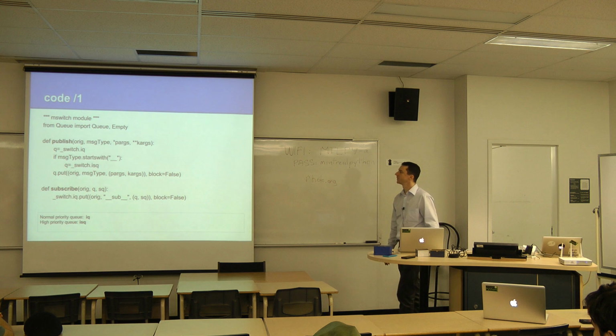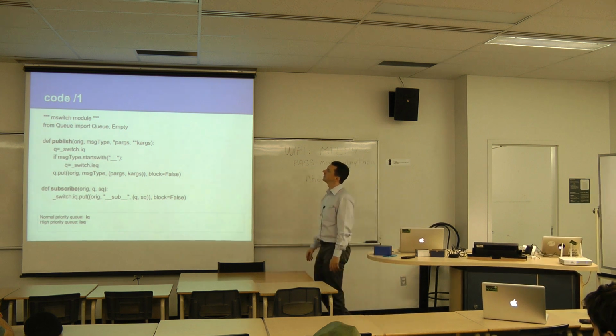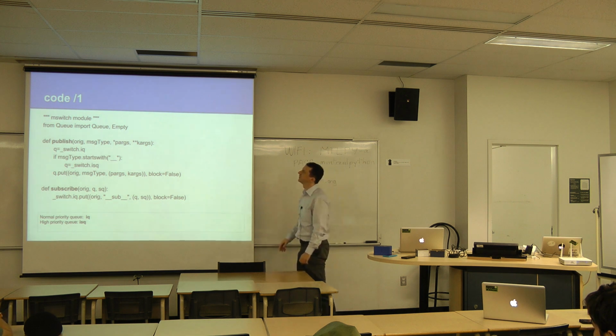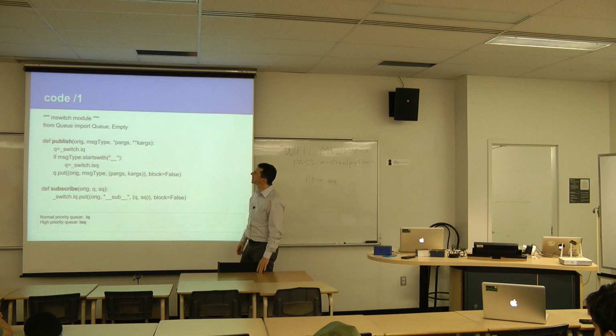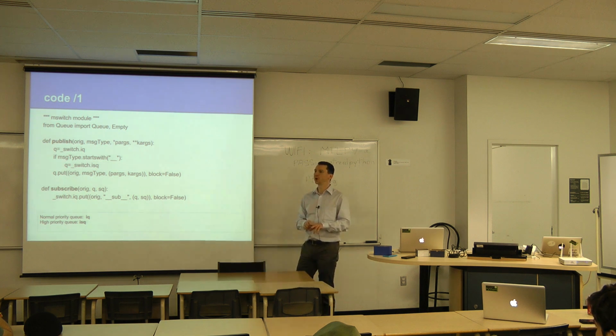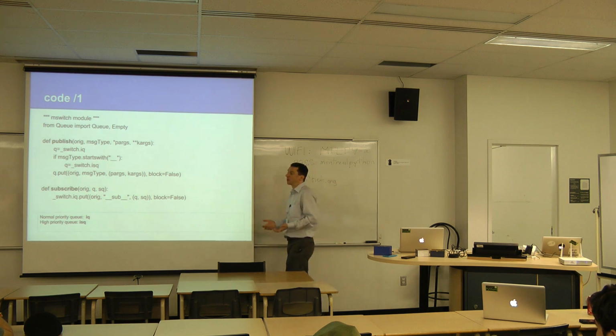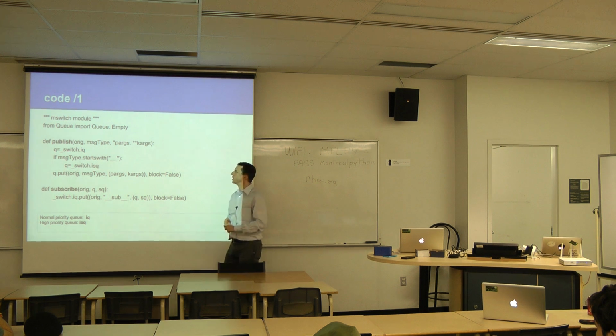So, some code. This is just a tidbit. That's not the whole code, but it's just a tidbit of the M switch module. So as you can see, in this particular implementation, I used two message queues, one high priority and one of lower priority, because you don't want to get into a situation where you've got some blocking in your system. There are always some messages that need to be higher priority, so you don't want to get blocked in your application.